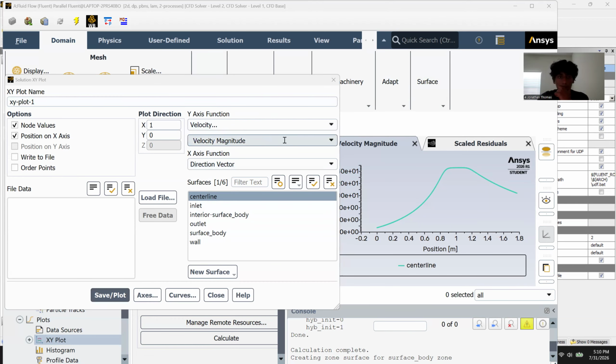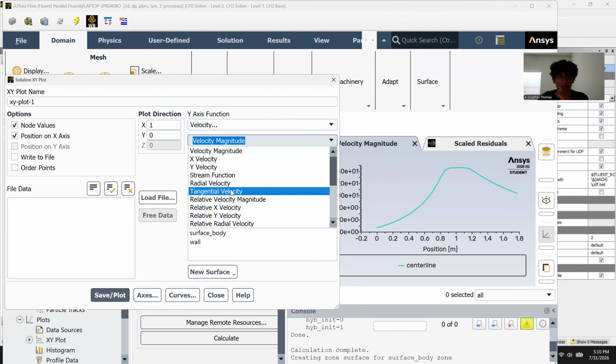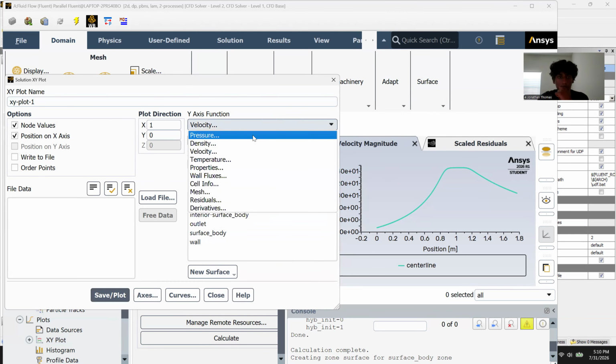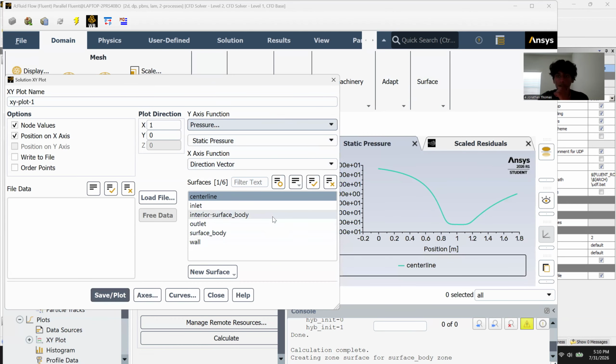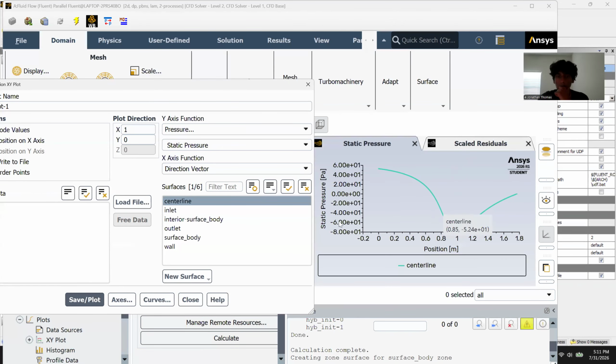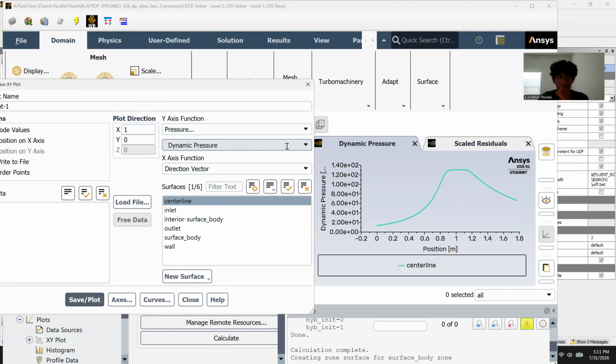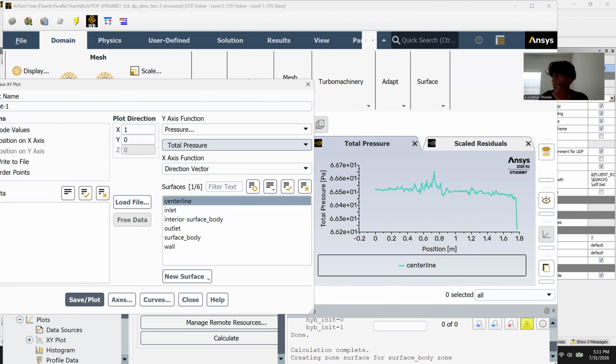matches up. And then for when we change it to pressure, you get static pressure, say plot. That is for the static pressure right here on the right. And then right here is the dynamic pressure, which is right here. And then finally, the total pressure, which should have a little bit of, you know,